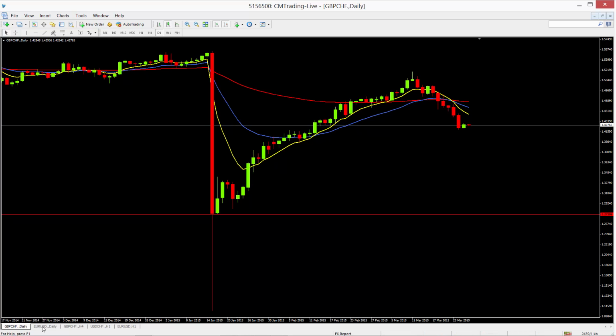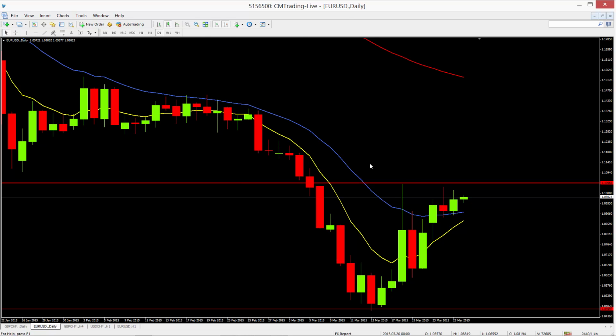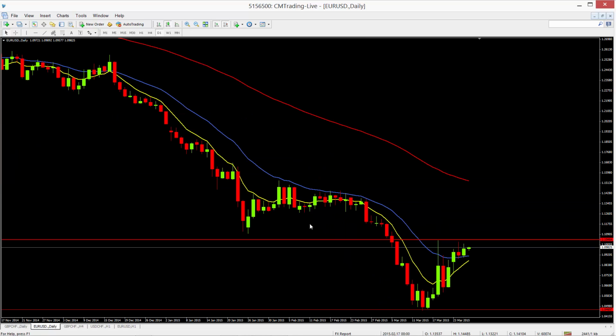The euro dollar is still the weakest pair overall. If we just zoom out a little bit, we'll see it's finding some resistance. It's struggling over here. We'll have to see if it does break above that, then we've got another resistance level immediately. The 89 would be the ultimate resistance. We'll just have to see how it works out. On the intraday time frames, I'm still looking for shorts. You could probably draw a little trend line in here. It doesn't really give us a shape at this point, but certainly that resistance holding it up, a break above that might see a nice little push higher.